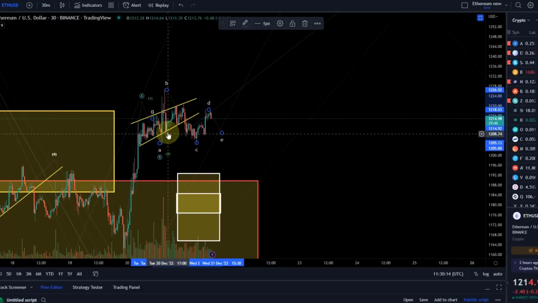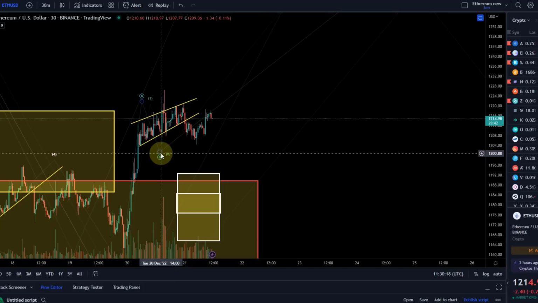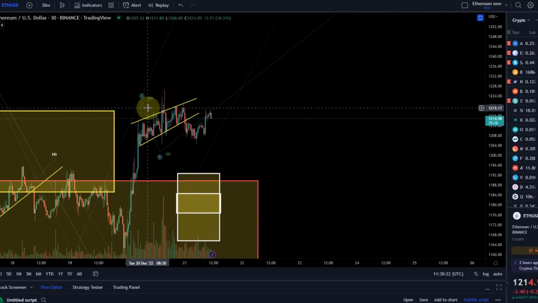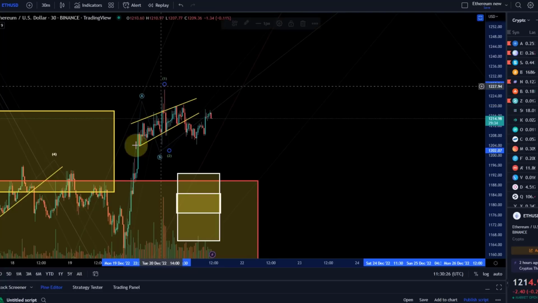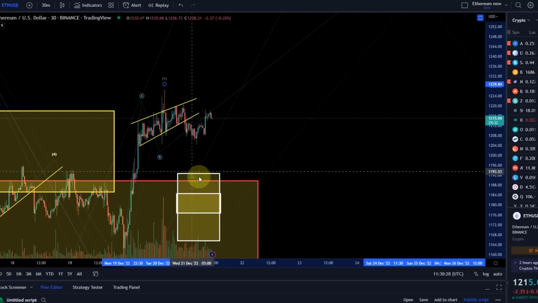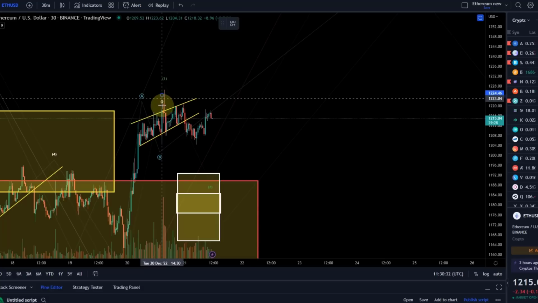Or it is this, what's the other possibility? Let me just think. Yeah, or the other, and I can do that. I check the wave counts on the substructure. I can count this as a wave 1, and then we've got a different triangle count. So that is what makes it so difficult. That's why we need to wait for the breakout at this stage.